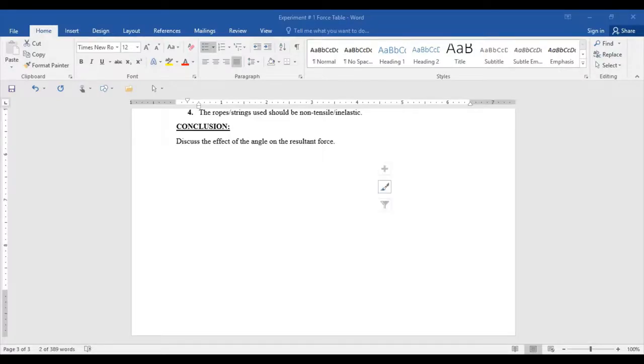Then you go and select data, and you add here, for example, practical result. You will write down practical result over here. At the x-axis you are going to take theta, and at the y-axis you are going to take FR. FR is in Newton, and obviously theta is in degrees, so you should write down the units as well.